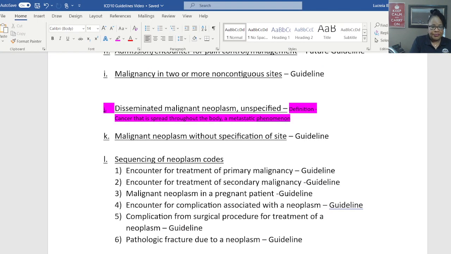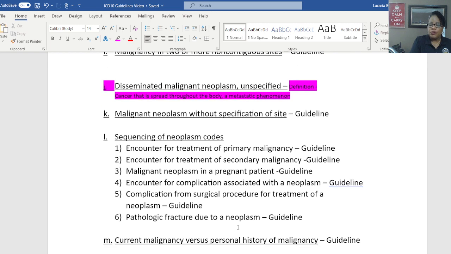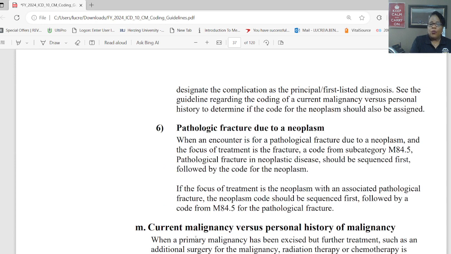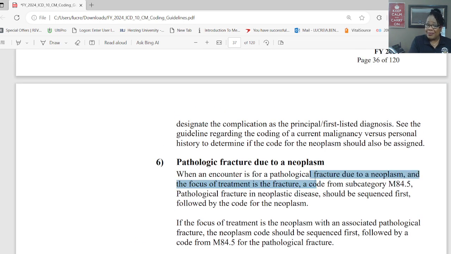Number 6, pathologic fractures due to neoplasms. When an encounter is for a pathological fracture, remember pathological means the disease process weakened the bone and caused it to be able to fracture very easily. Neoplasms will do that. So when an encounter is for a pathological fracture due to a neoplasm and the focus